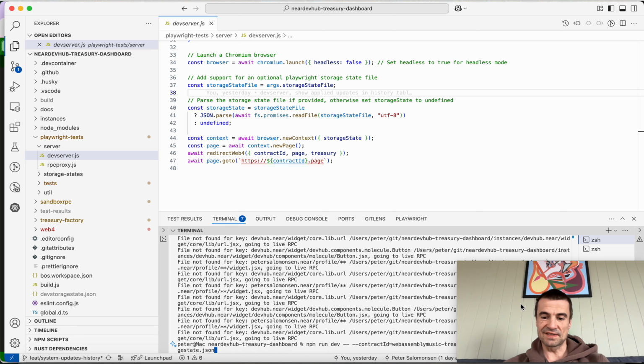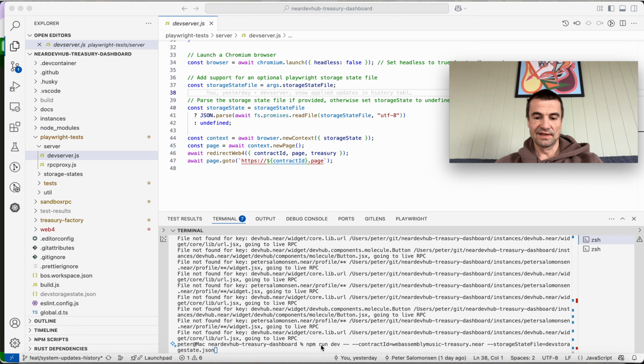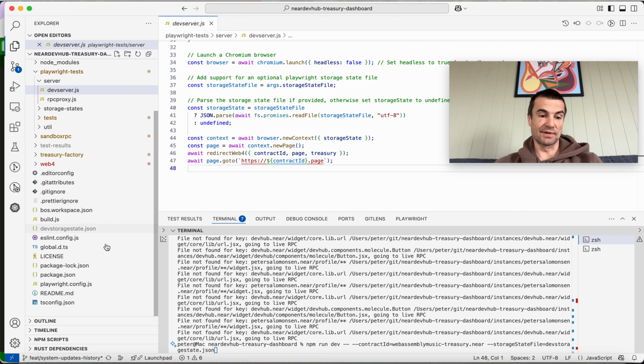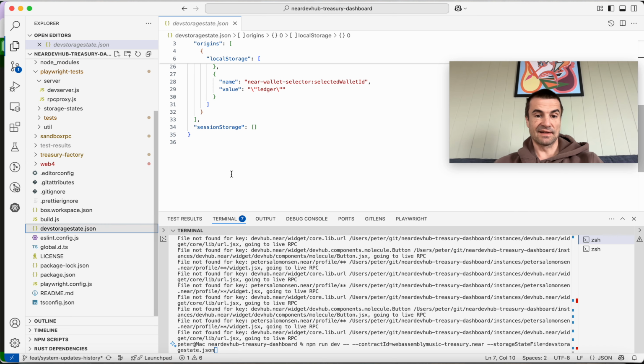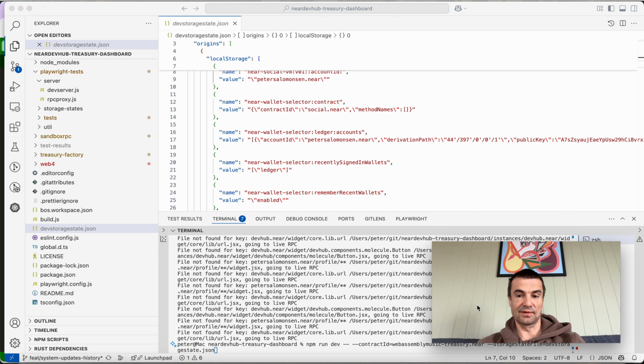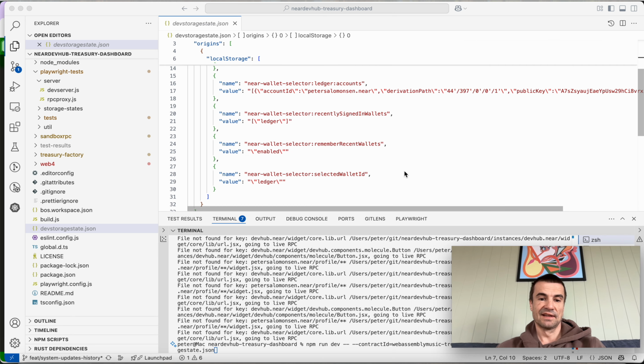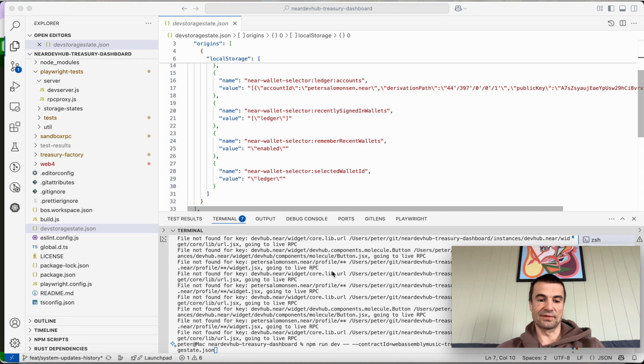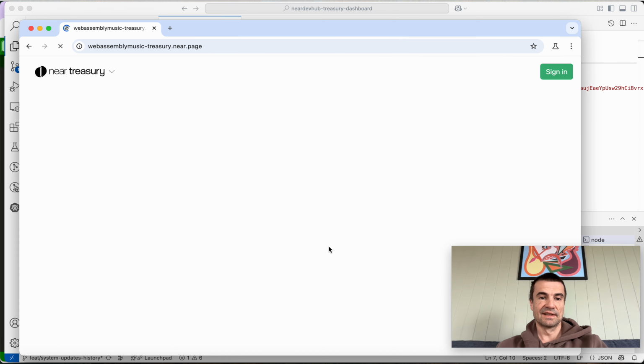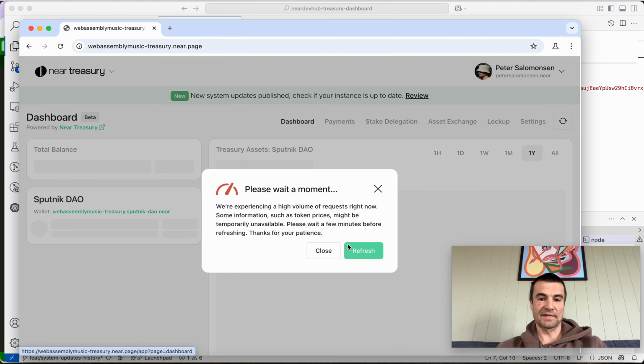So let's launch it, and you can see here the command. We are just specifying which contract that we're going to use. So this will be this web page called webassemblymusictreasury.near.page. And we also specify here a storage state, which means that we can also appear as logged in when we launch it. So as you can see here, I've specified some local storage items that will be initialized when I load the browser. So let's just launch it, and you can see that we come in here, and